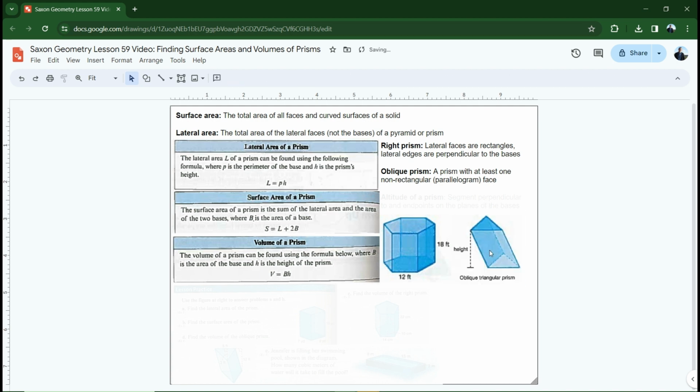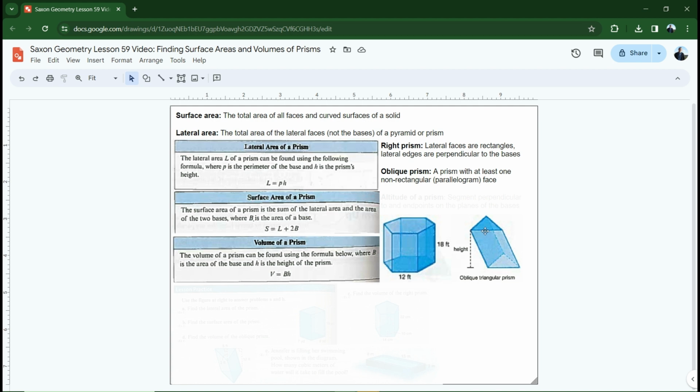Now, it takes a little bit to understand the perspective here, but notice that if I were to stand this on end, normally if this were a right prism, this triangular base would be at the bottom, this triangular base would be at the top, and everything would line up. But I've taken this base and basically just shifted it over to the side, and now everything's tilted to the left. So now at least one of my